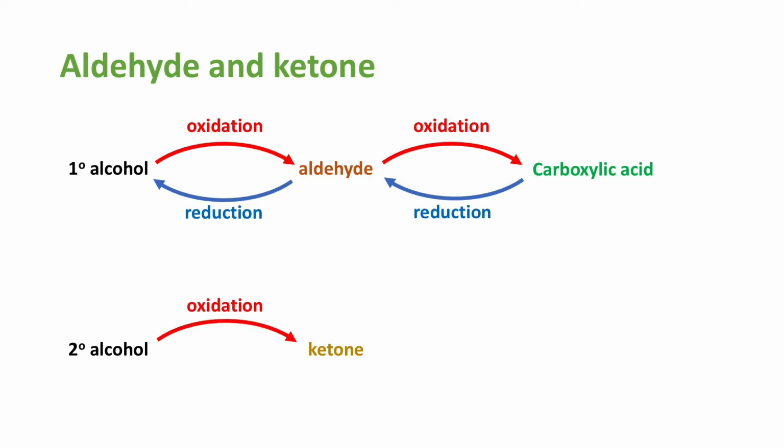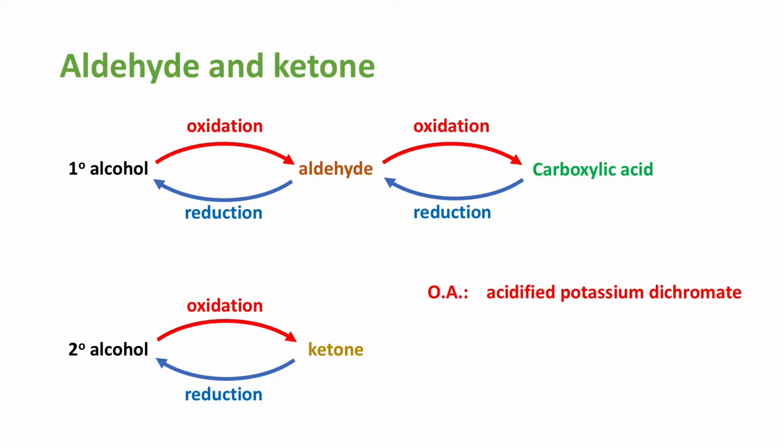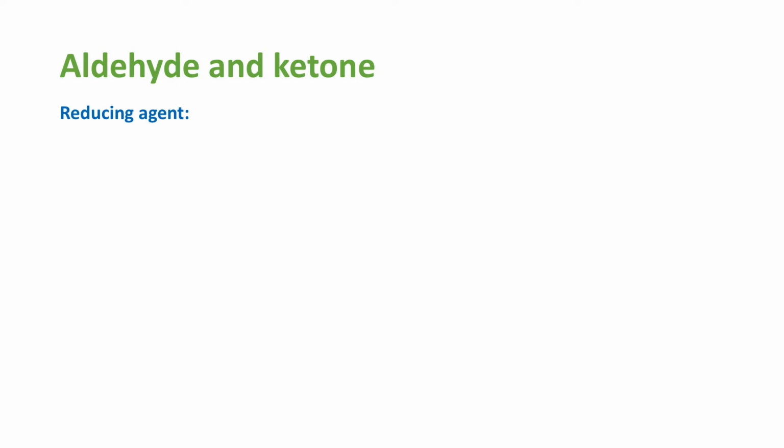Similarly, the secondary alcohol will be oxidized to ketone, and the reduction will change ketone back to the secondary alcohol. Here, we use acidified potassium dichromate as oxidizing agent. So, is there any suitable reducing agent? In DSE, we have two choices. The first one is sodium borohydride,